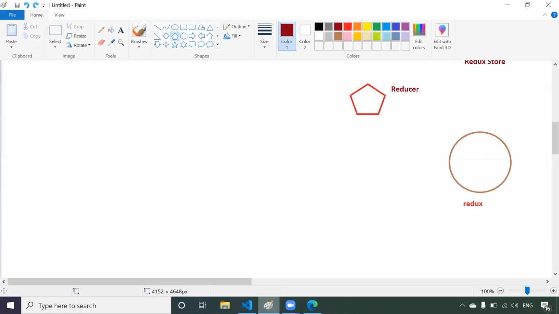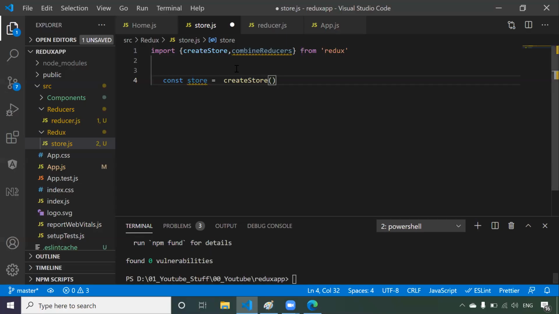As I said, we can create multiple reducers. If you create 5 reducers, you have to combine all those 5 reducers into one reducer.